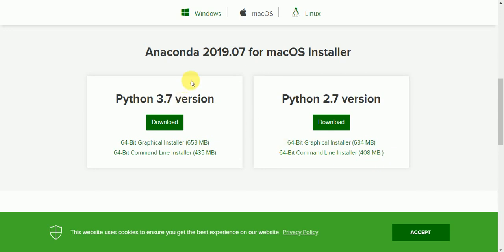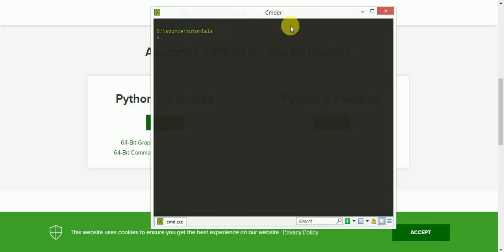I have already installed Anaconda, so go to any folder and open command line. I'm using Commander, which is a console emulator and open source software. You should be able to check Conda by using this command, conda --version. It should print your currently installed Conda version, and you should also be able to check Python using the same, python --version. It should print the Python version,